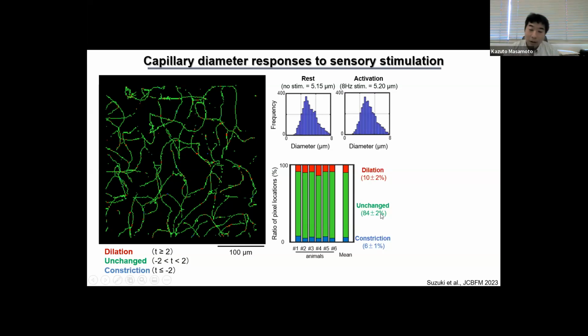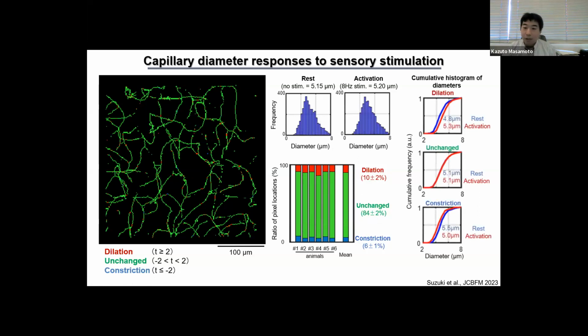So more than 84% of the capillary locations actually showed no significant change in diameter. This is consistent across 6 animals, and about 10% dilate and 6% constrict. We want to see where this dilation and constriction occurs. If you look carefully, they compare the points that dilated and the points that constricted, and compare